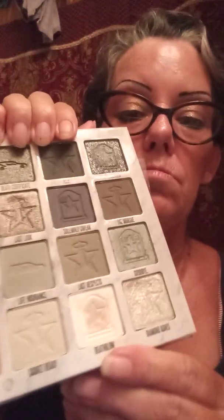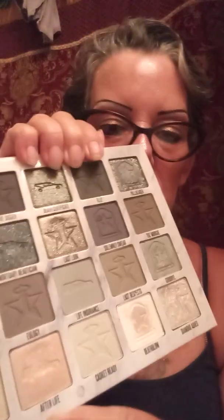Now today, I had laid down Death Blow all across my lid, all across it. Then I had used Afterlife right there up on the brow bone. I don't know, something about the color starts to warm up on my skin, just gives it a beautiful pop to my eyebrow area there, the browlet. So, after I had used that, I went into